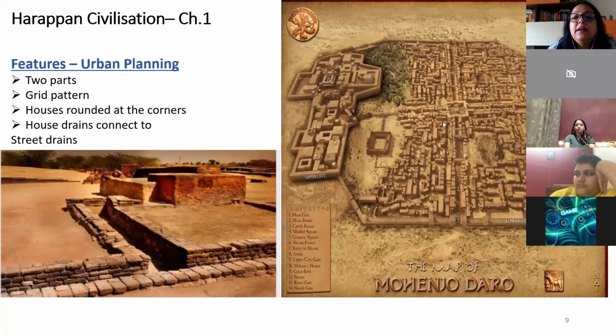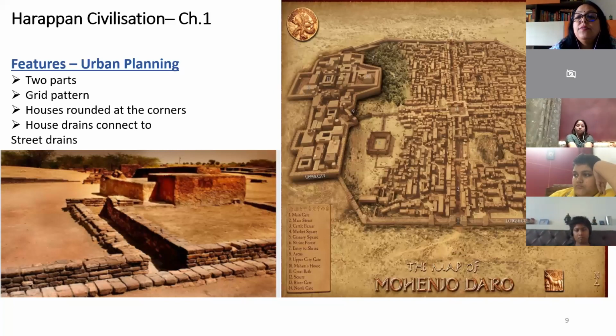And then basically this is town planning. Children, there is house planning and town planning. They are two different things. Don't get confused. Features of houses means you have to talk of a house, how the house looks. Features of town means we have to talk about the layout of the city. Clear? So if they ask you a question about houses, you should not write about the town. And if they ask you a question about the town, you should not write about the houses. Are we clear on this topic? Okay.